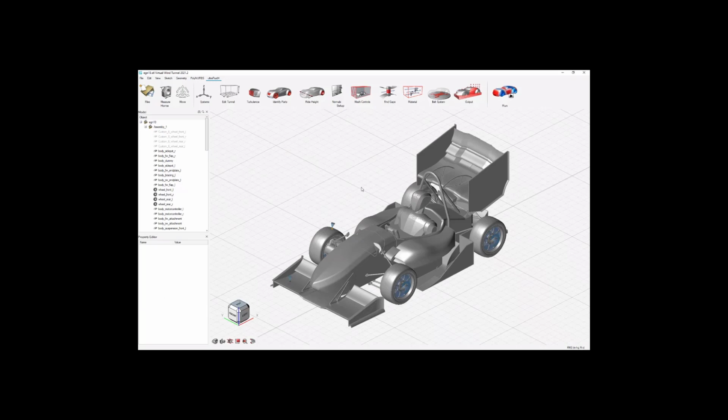UltraFluidX will still see them, and because right now they're specified as body parts, it will also handle them like body parts. So the flow will go around these control volumes. So if you don't want to use them, delete them, but we're going to use them as custom refinement zones. So either by right-clicking on it and choosing custom zone, you can identify them as a custom zone, or if